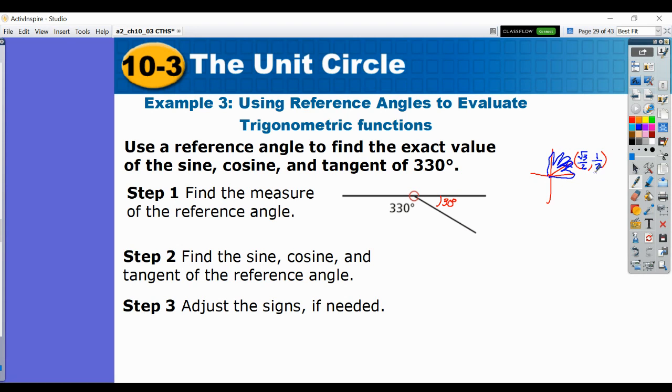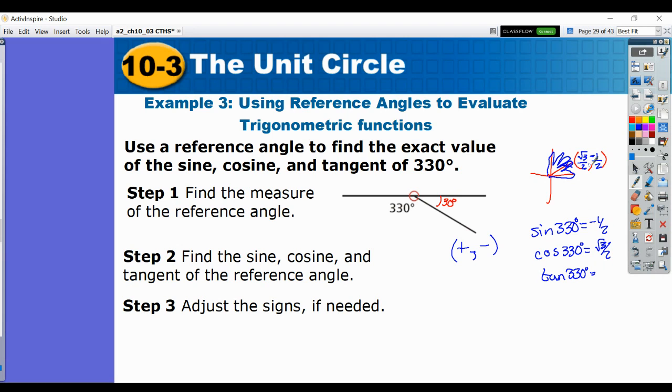Now I know this is 30 degrees, but I am in quadrant 4. So since I'm in quadrant 4, when you plot a point in quadrant 4, you go positive and then negative, comma, negative. So I know this one's positive and this one's negative. Now that I have this point, I can answer any question I want. Sine of 330 is negative 1/2. Cosine of 330 degrees. I should put degrees every time, but I really don't do that. Is square root of 3 over 2. And tangent of 330